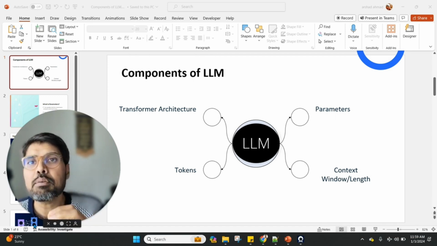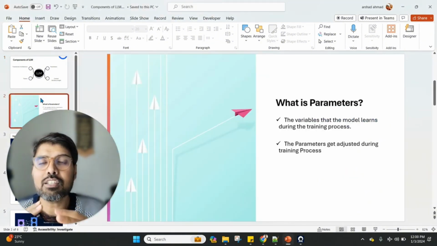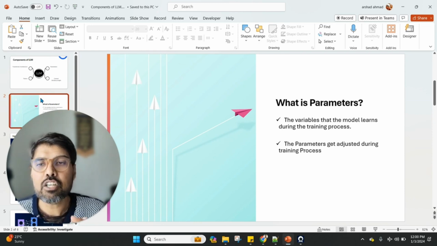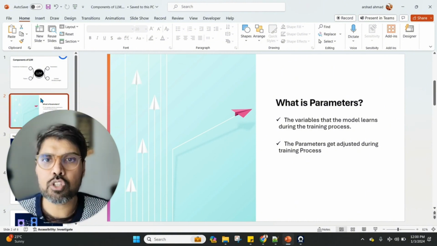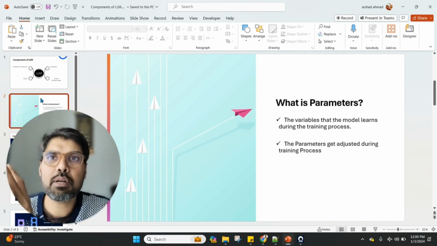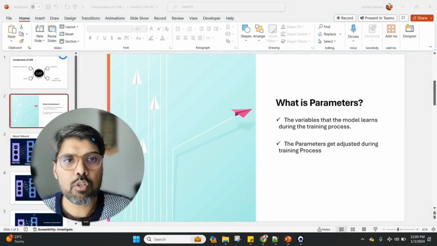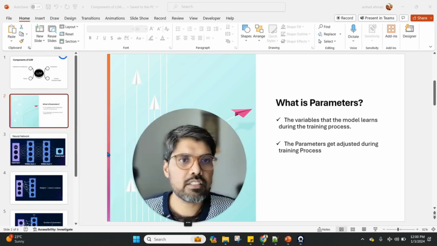What is this 70 billion parameters? Parameters are the variables that the model learns during the training process, and they get adjusted during the training process. And why does this happen? Because for a given input during the training process, you want to try and minimize the difference between the predicted and the actual output. Let me give you an example of a neural network and how the parameter comes into the picture. So in this next slide,